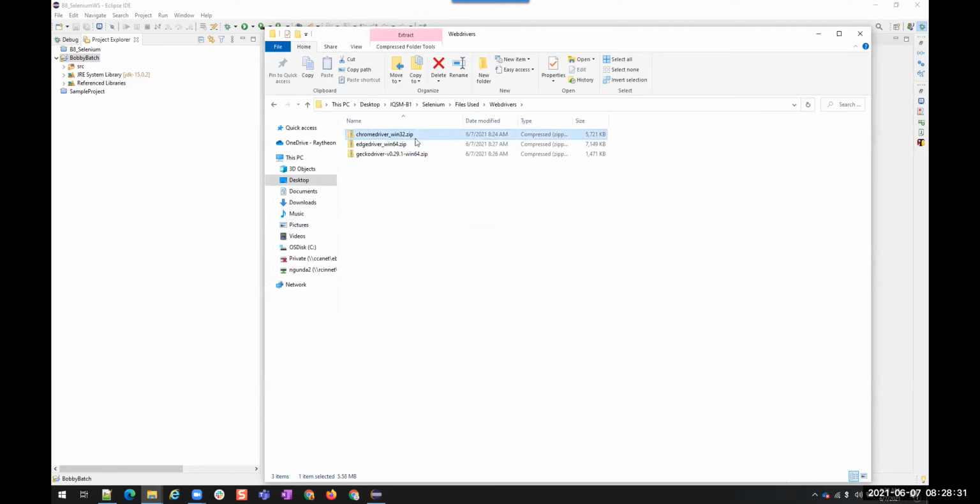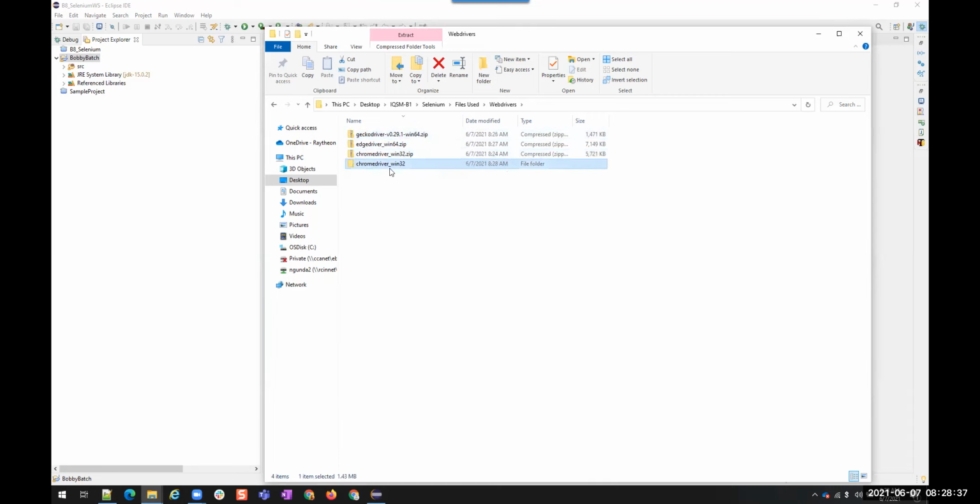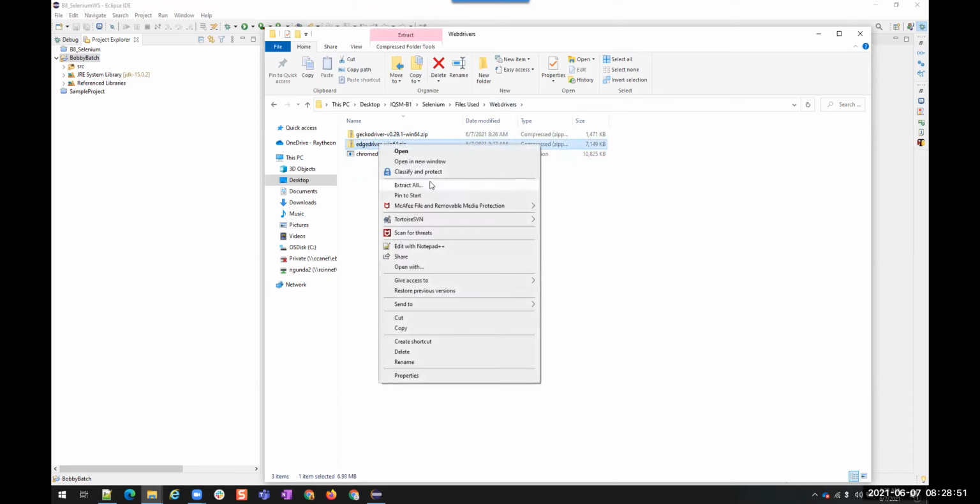Now let's extract this. You'll see this Chrome driver. So you are having all the drivers in one place. Now I have downloaded and extracted Chrome, so I'm deleting the zip. Now Edge.